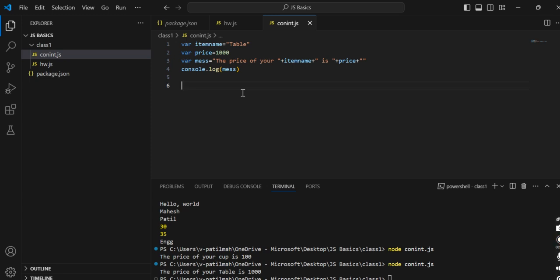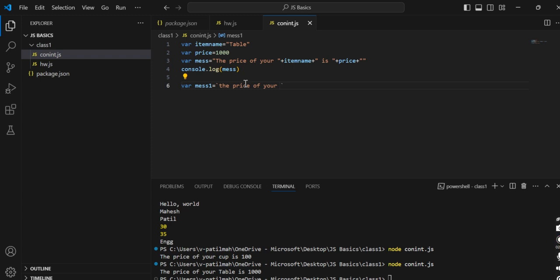So let me type a variable, message1 is equal to, as I said, backtick, the price of your